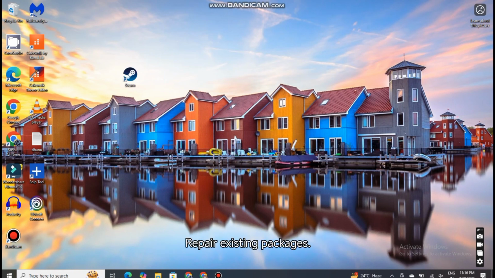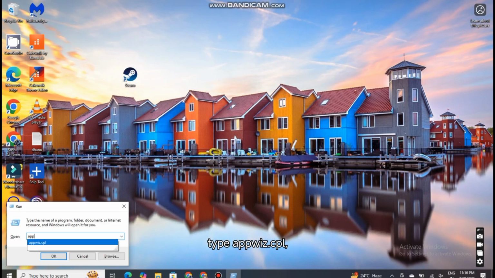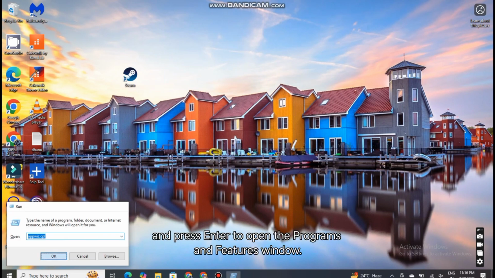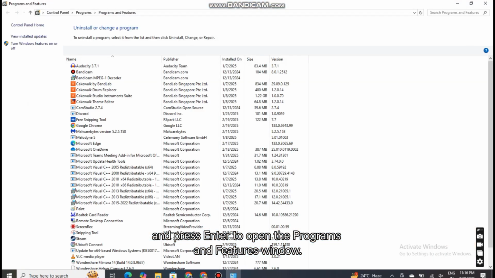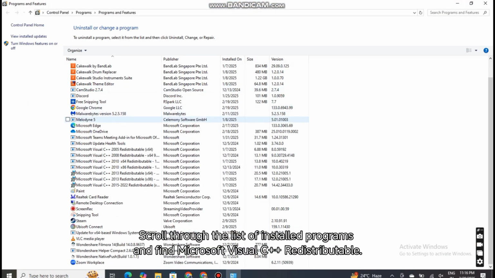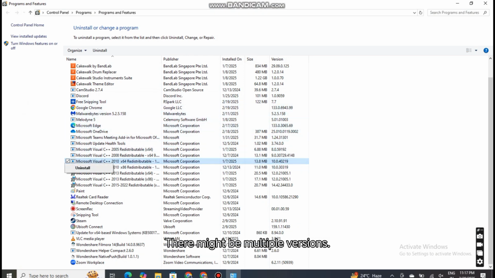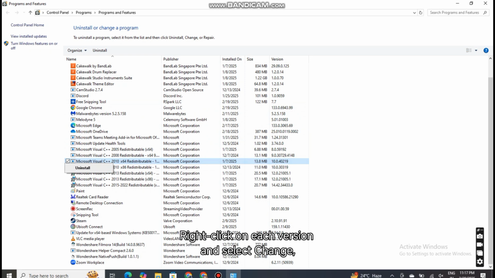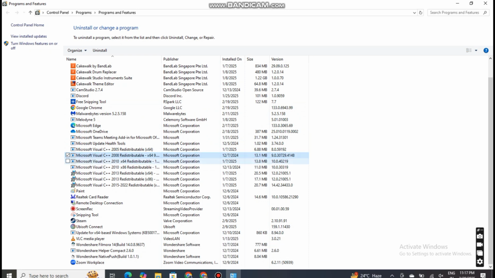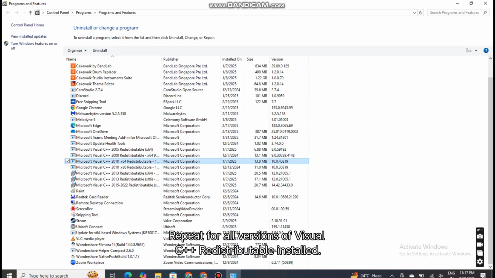Repair existing packages. Press Windows + R, type appwiz.cpl, and press Enter to open the Programs and Features window. Scroll through the list of installed programs and find Microsoft Visual C++ Redistributable. There might be multiple versions. Right-click on each version and select Change, then choose Repair. Repeat for all versions of Visual C++